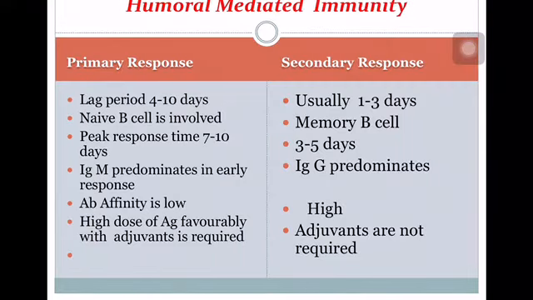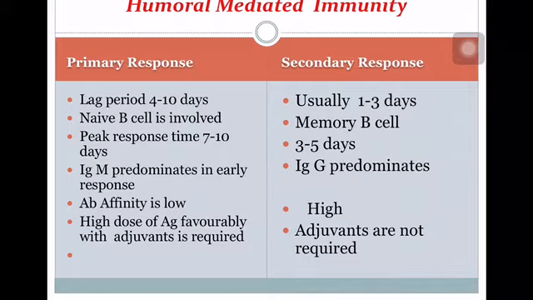The differences between the primary immune response and the secondary immune response, here first is the lag period. Lag period is the initial period in which there is no antibody production, generally about 4 to 10 days in the primary response, because antigen enters into the host for the first time. The antibody response to the antigen for the first time has a lag period of 4 to 10 days, but for the second time it is only a short duration of 1 to 3 days, because the immune response the second time is very rapid and fast.